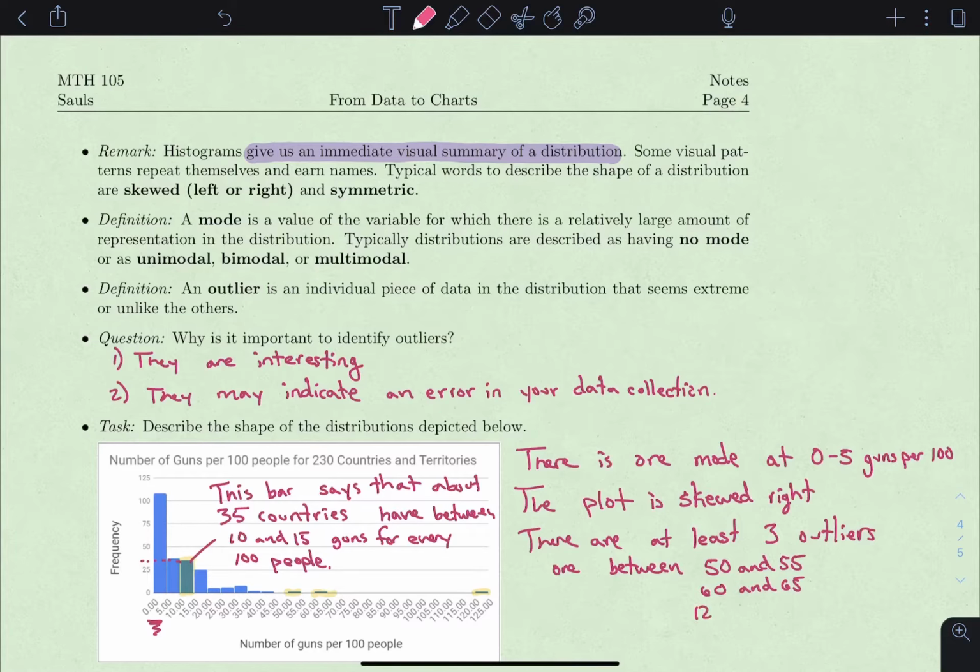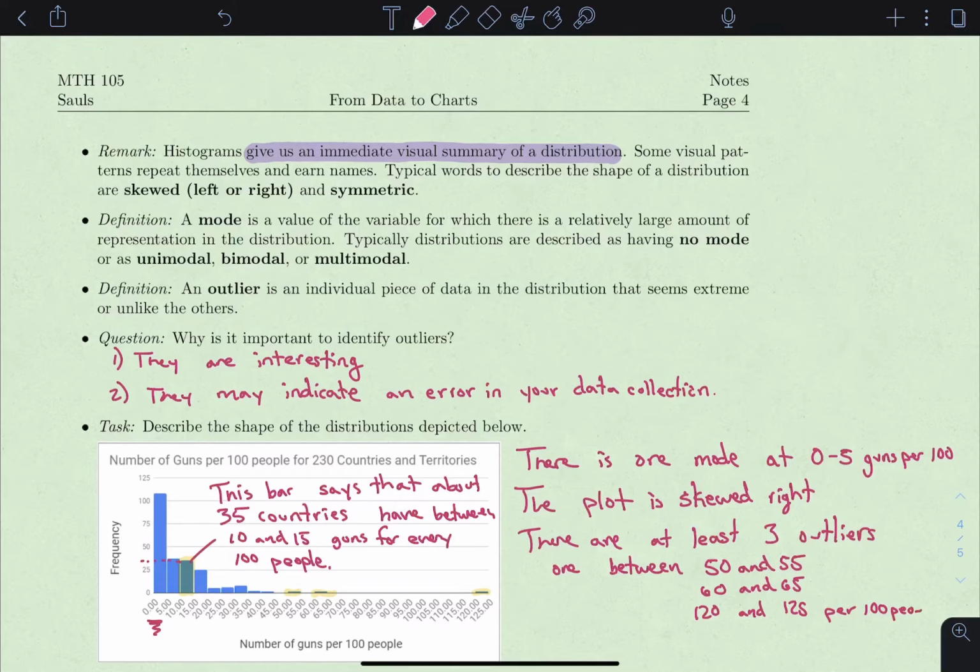So we don't know the exact number of guns per 100 people, but one country has between 50 and 55,